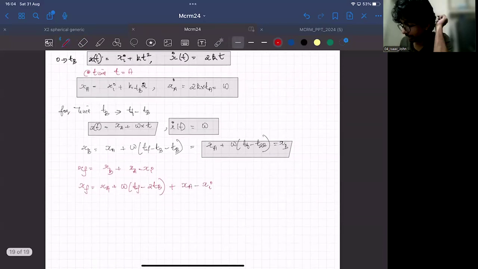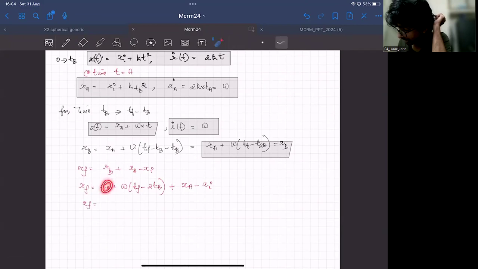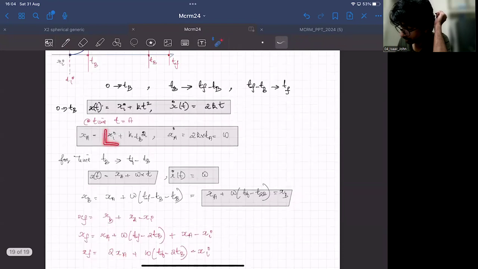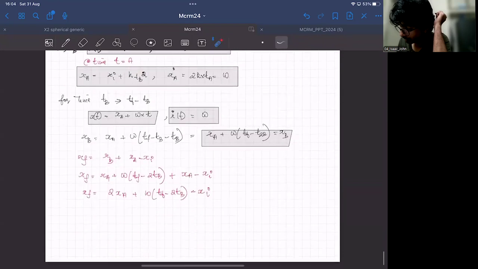So if I expand this, what will happen? Xf would be, you will have xa and xa here. You can write it as 2xa plus omega multiplied by tf minus 2tb minus xi. For this xa, I'll carry forward it from the previous equation, the parabolic equation, right? So if I write it as